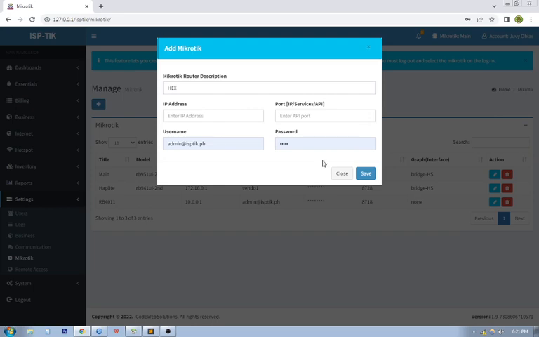Just research on that. This is actually based on IP address. As long as the computer you're using has a connection to that Mikrotik, it is always possible as long as you have enabled the proper API settings